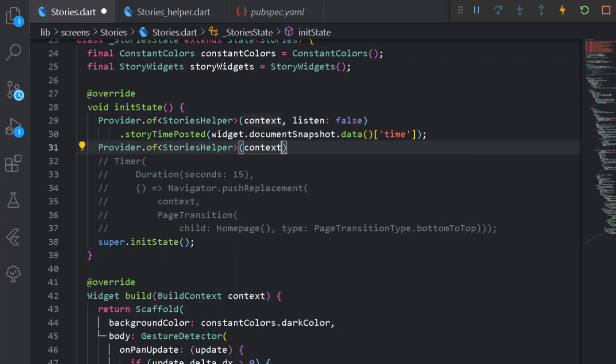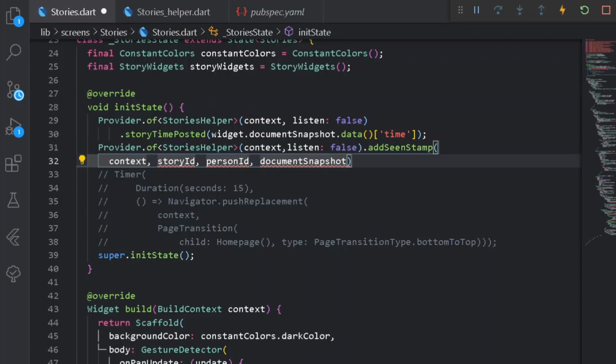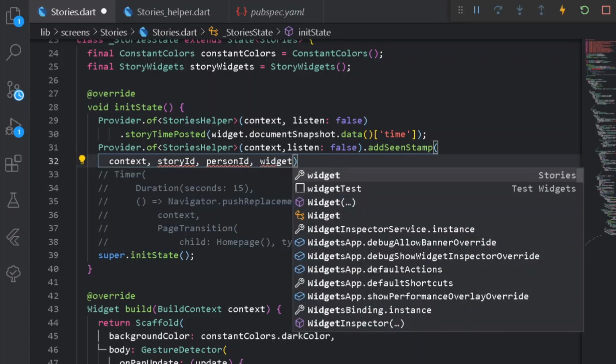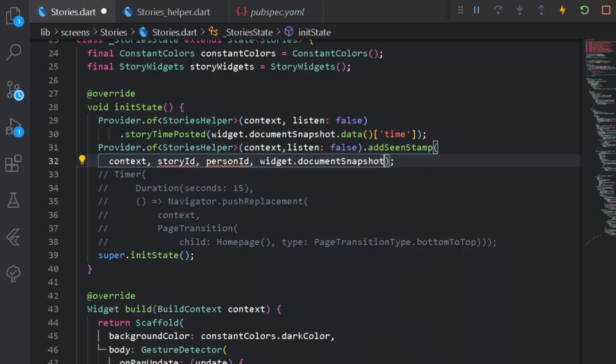After having the particular context, let's set listen property to false, and after this I can simply add the method of add scene stamp. Now it will be taking various things. So first of all, let's start with document snapshot. So here let's have widget.documentSnapshot, and after this we shall also be requiring the person ID, and